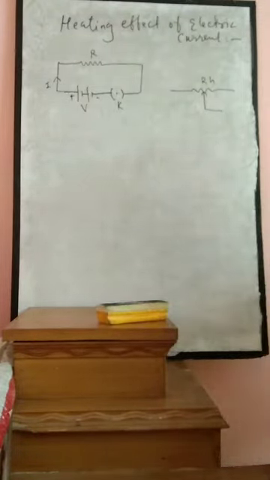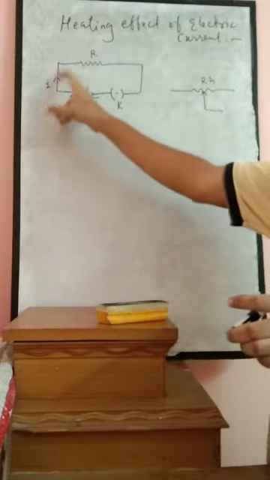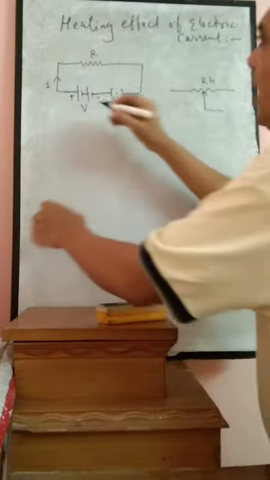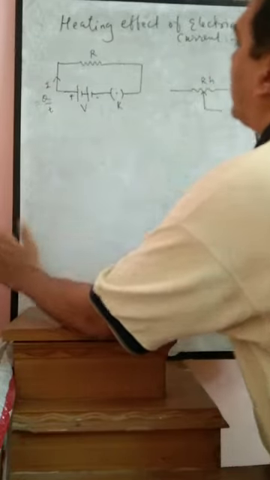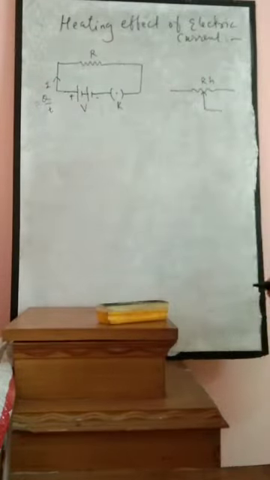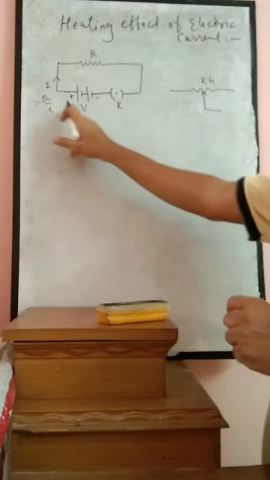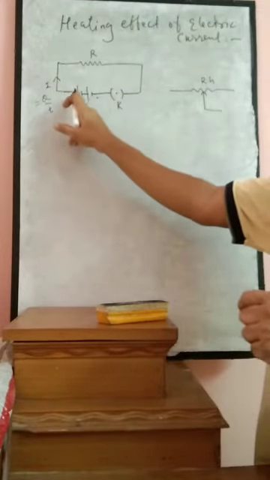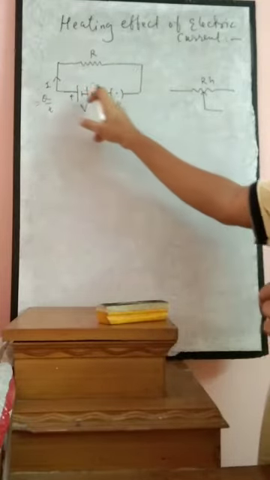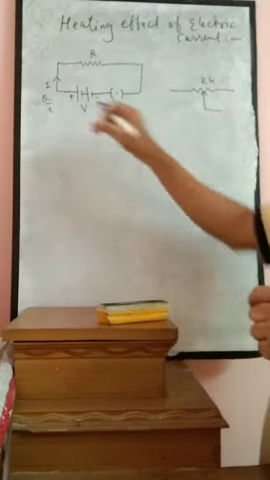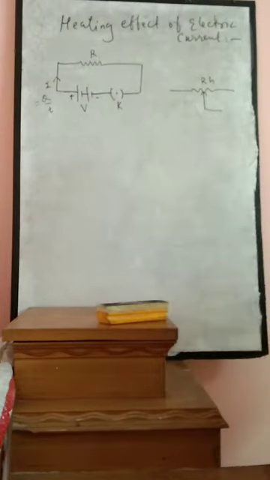So here let's say Q amount of charge is flowing, resulting in current I. So current I is equal to Q by T. That means Q amount of charge is flowing in time T. This charge will not flow automatically. Some work has to be done on the charge, and due to that the charge will flow through the circuit, which results in the electric current I.